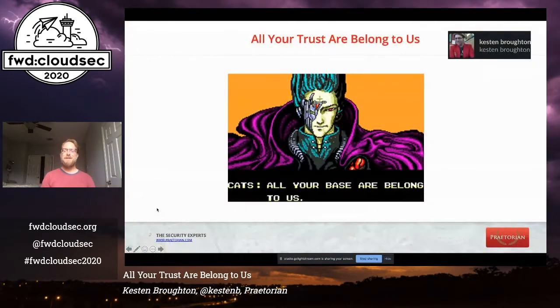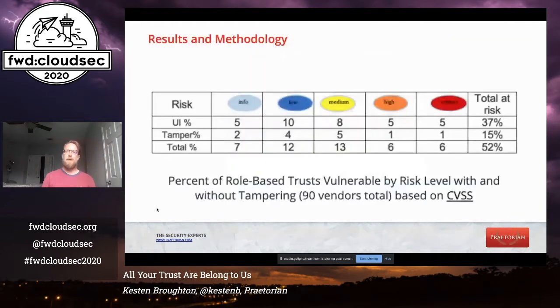All right, so back to the story. I woke up one morning, and this just seemed a little bit odd that they were using a timestamp for something that was associated with transferring trust from a client to a vendor. And so that got me thinking, and I explored it a little bit. And then over the course of the following 3 or 4 months, I ended up looking at over a hundred and some vendors, and of those, about half of them used only key-based access, and so they didn't apply to this sort of situation. But the other half, almost 100, did use cross-account role trust, which is a feature that AWS